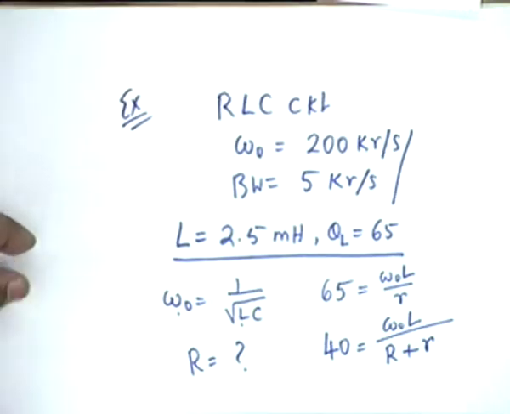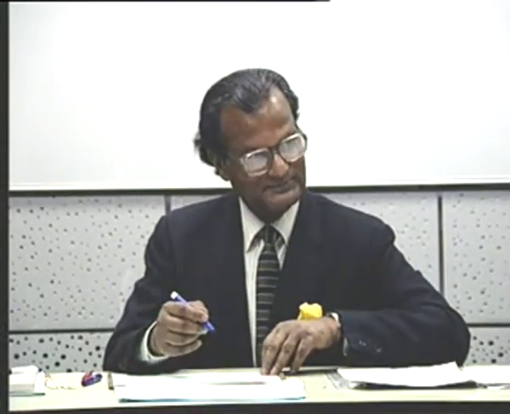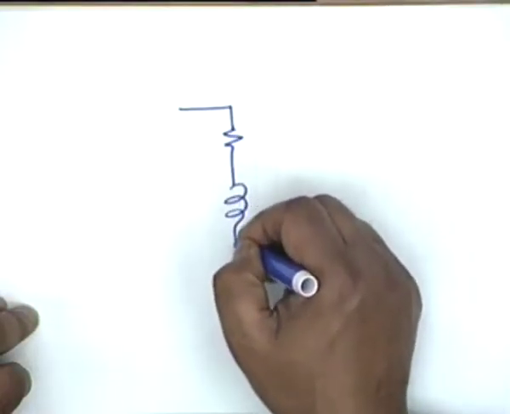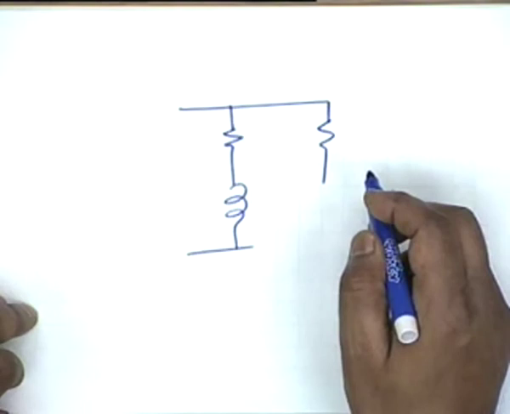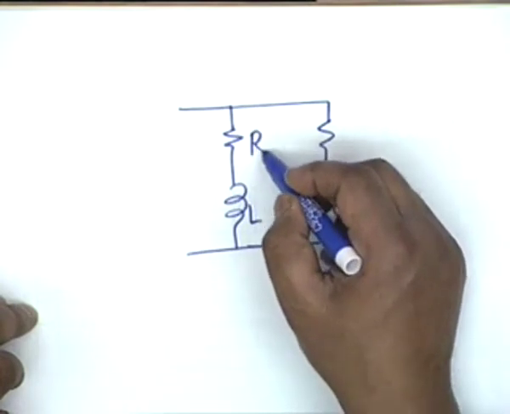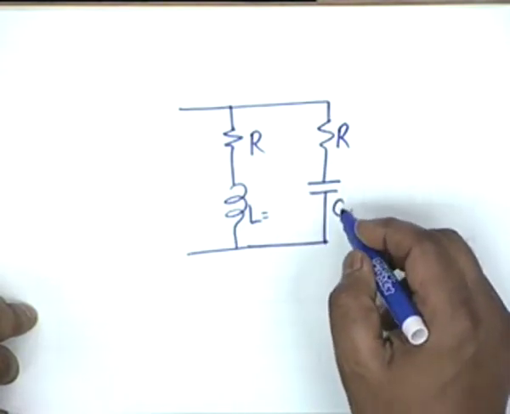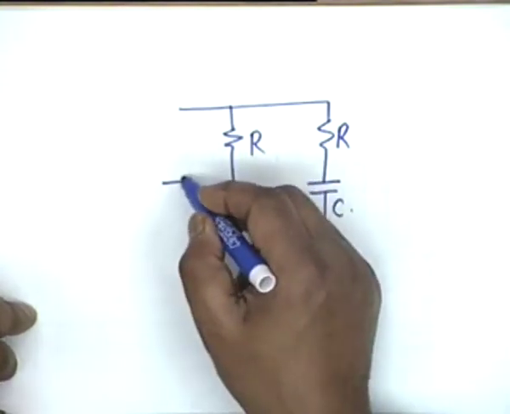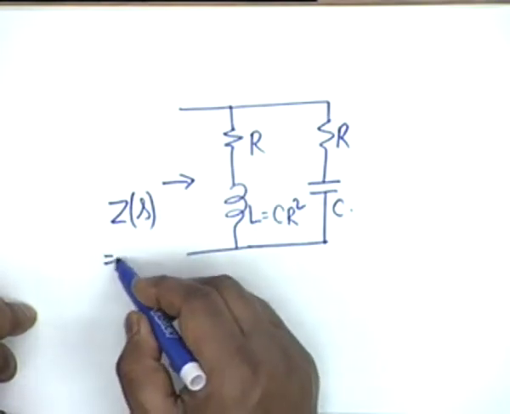One problem, and the other is a problem to be left with you. It's the problem that we had talked about in one of the classes when the lights went off. It is a complicated resonance circuit. It is a parallel resonance circuit in which L and C are in parallel, but unfortunately both of them have a series resistance of capital R, and in addition the elements have so conspired that L is equal to CR squared. You can see that the impedance, if you calculate in terms of S, is simply R.